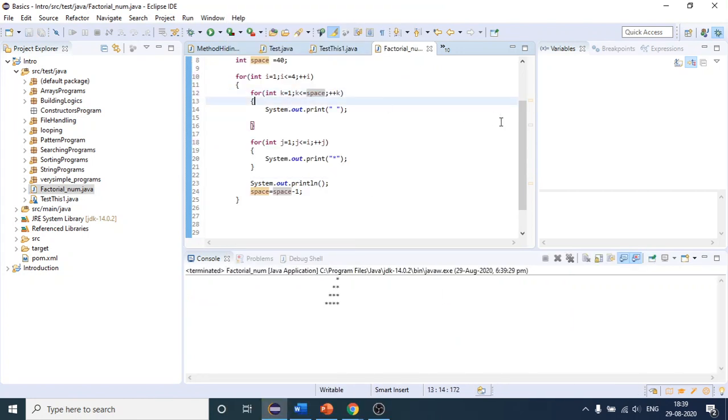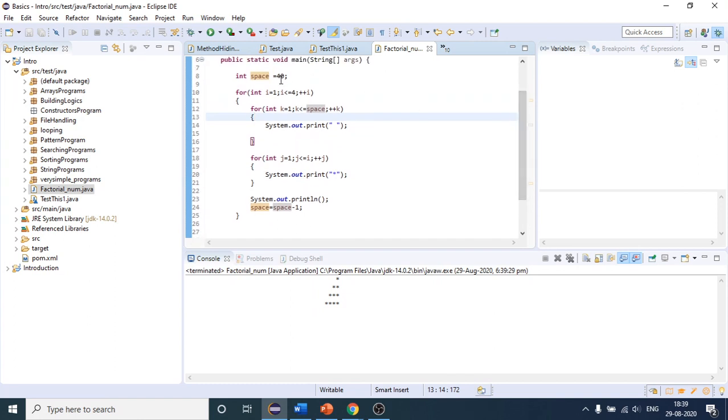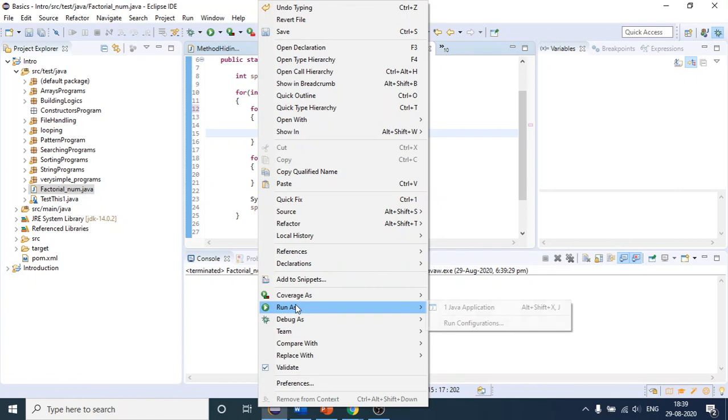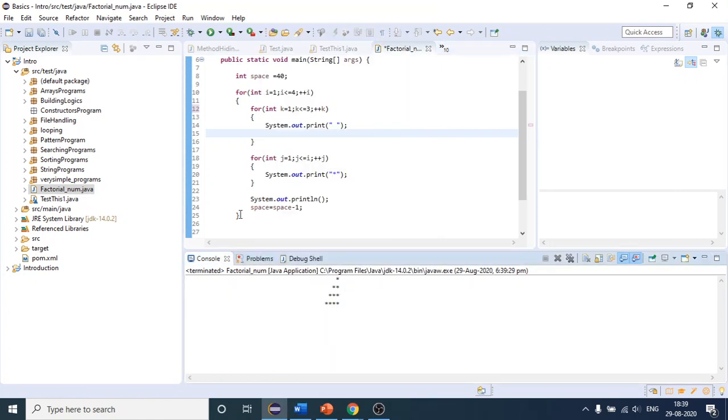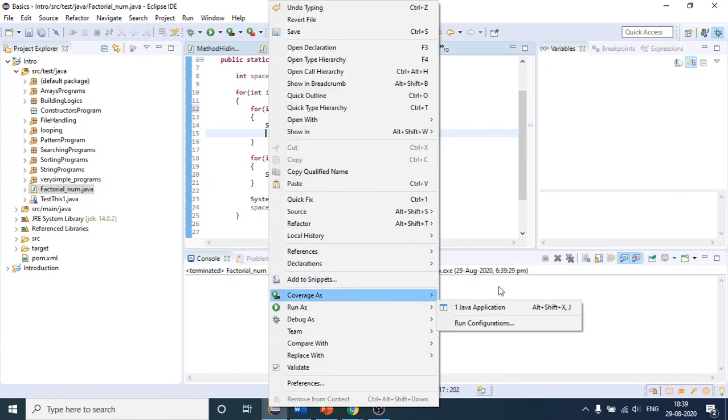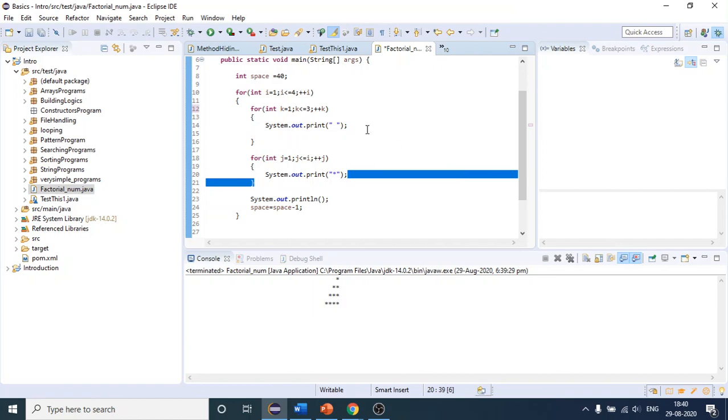So what are you saying? Like this. Yeah, it should work. I think it should print between terminated. What are you saying? Should I run?